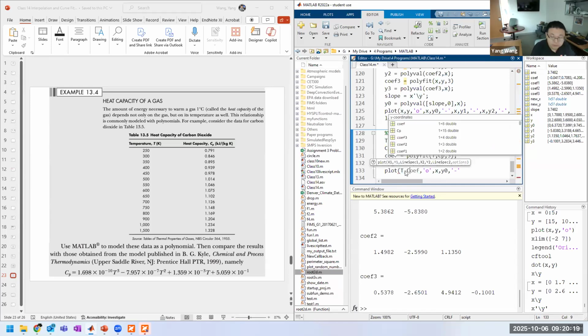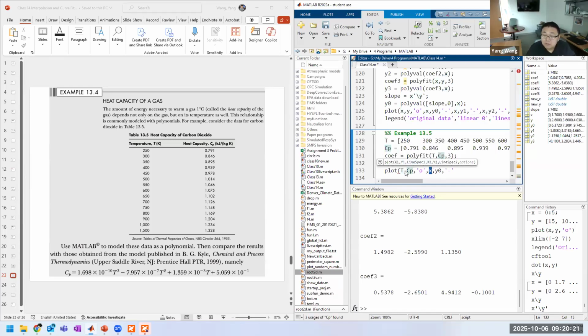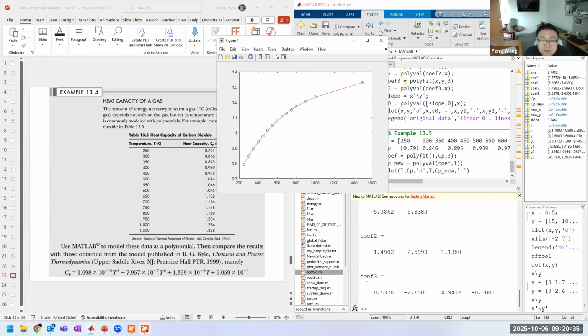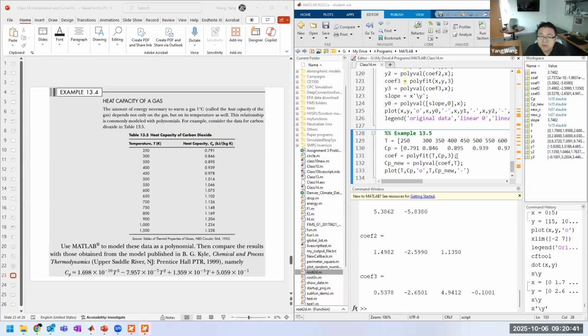T, CP, T, CP new. Okay, so new result and then show data. So this is how it looks like, right? X-axis being temperature, y-axis being the CP third order polynomial, right? So if you want to show the coefficient, this is how it looks like, right? So coefficient here being